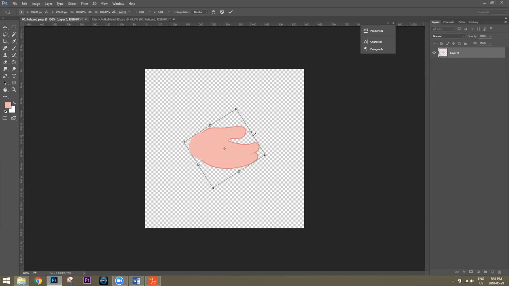So you can do something like use a lasso tool. Apply that transform. And maybe take out this section here. Just like that. Control X. And then make a new layer over here. And Control V. And then press the V hotkey to move it back into position. But now you can actually put a gun between there.